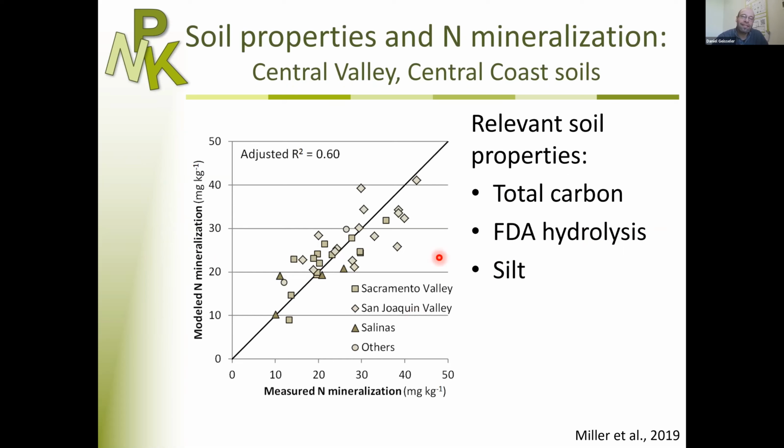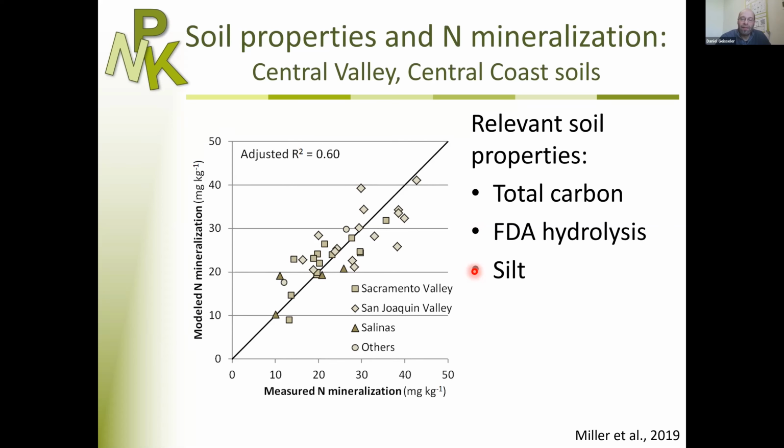And what we found is that the best way for these soils to predict how much nitrogen is mineralized is to use total carbon, which is a measure for the soil organic matter content, because roughly half of the soil organic matter is carbon. And FDA hydrolysis, that's a measure of the microbial activity in the soil. And we could probably say here it's also a measure of the quality of the soil organic matter. And then silt as a measure for